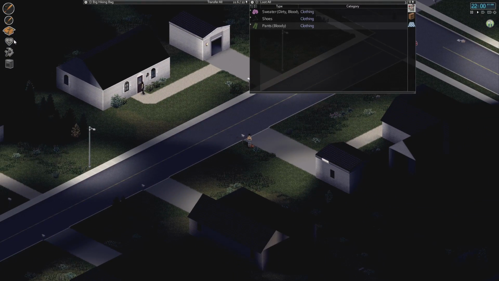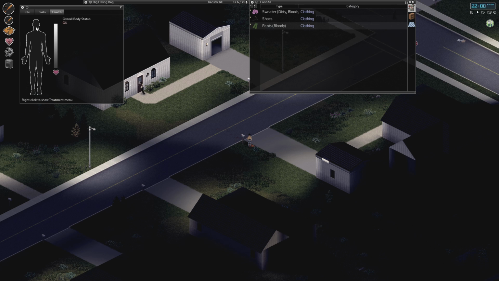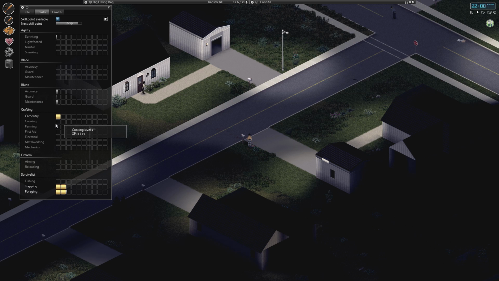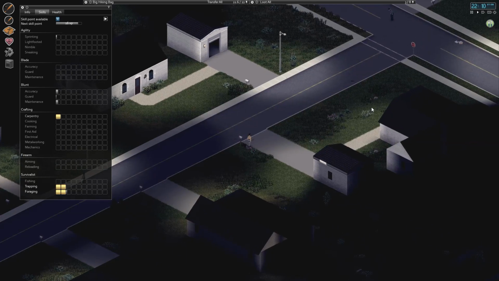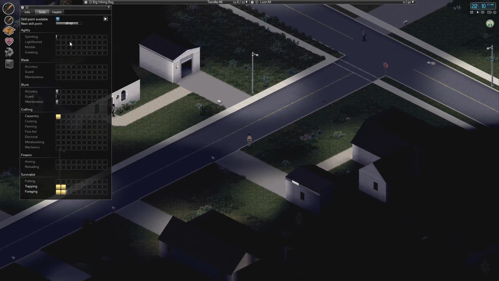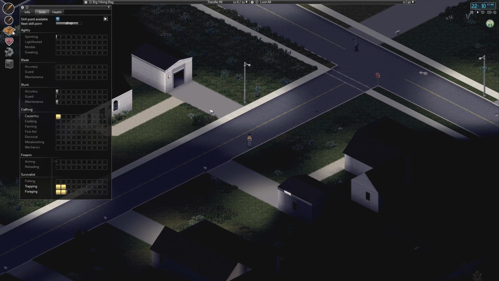Luckily, we appear to be reasonably decent at murdering zombies, even in our current, like, start-out state. Our blunt weapon skill not incredibly fantastic. Apparently I can guard now too, which I had no idea about. If we can bring our skills up though, like how beat up is my...